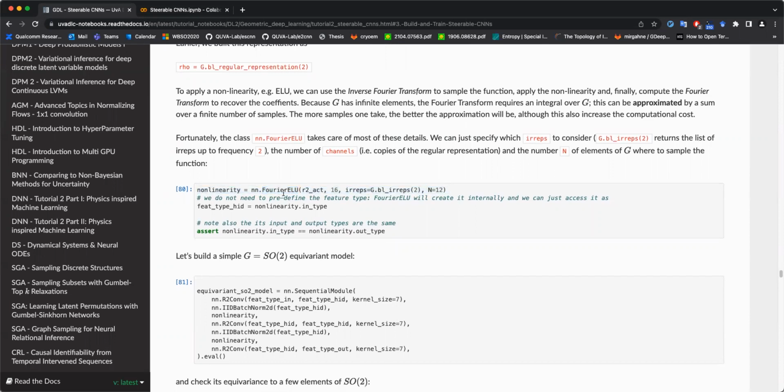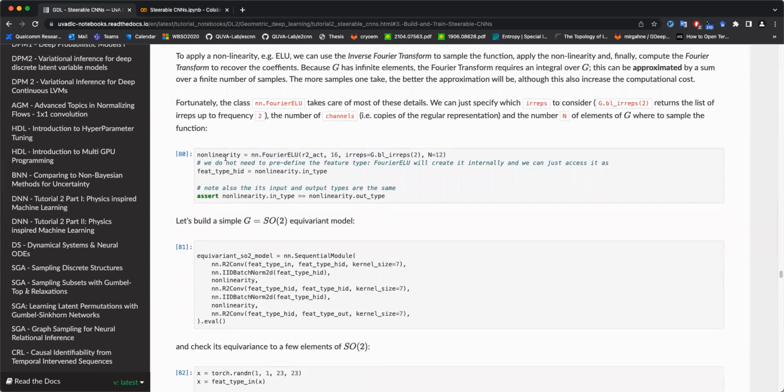This would maybe require a few more words, but you can just use this as a module where you specify the number of channels. You can use this to build your regular representations, essentially. The maximum frequency is specified by this method, as well as the number of samples you want to use to discretize the group when you take the nonlinearity. And then you can take the input type and output type of these modules